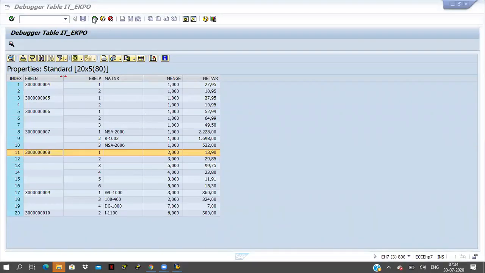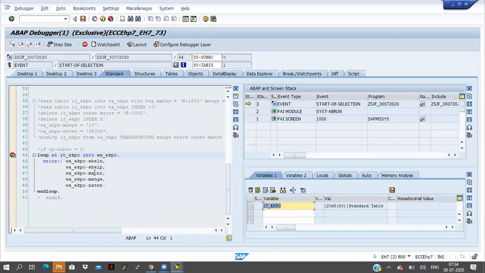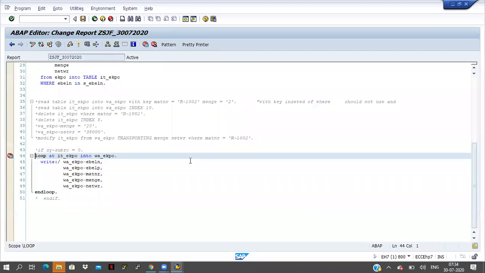So for this one, we have to give one condition. I'm displaying the data here in the looping statement, so here only I have to give the condition. Okay, 4 zeros and 1, is that right? Okay, fine. Now here the LOOP AT statement is coming.